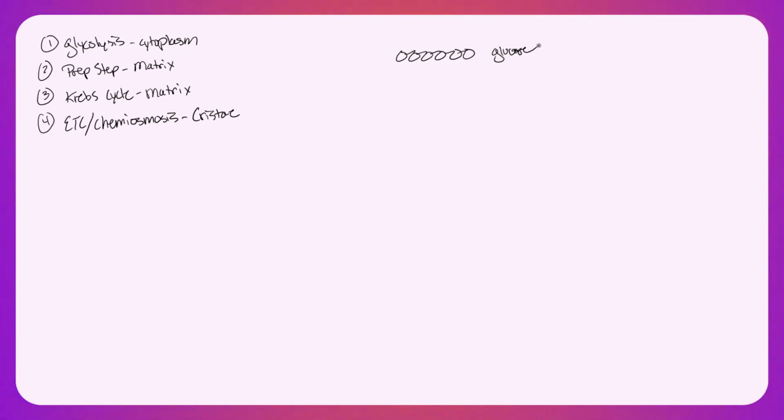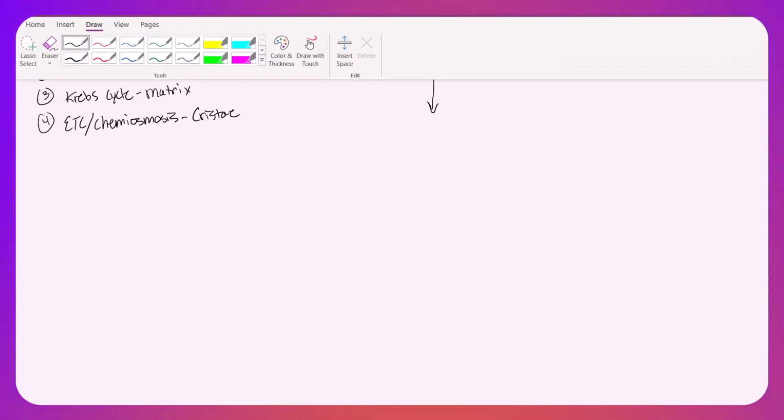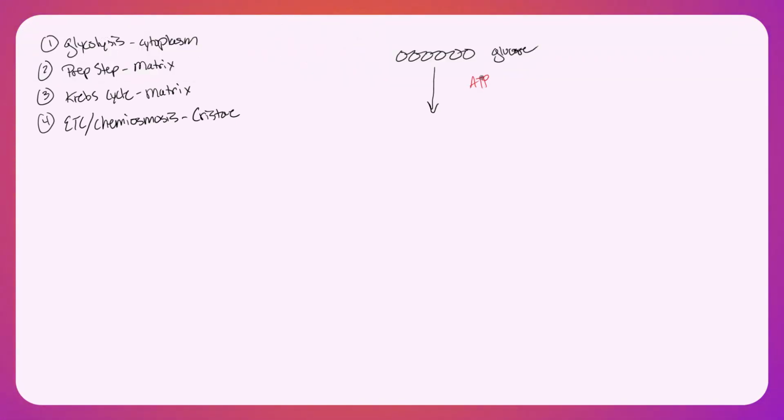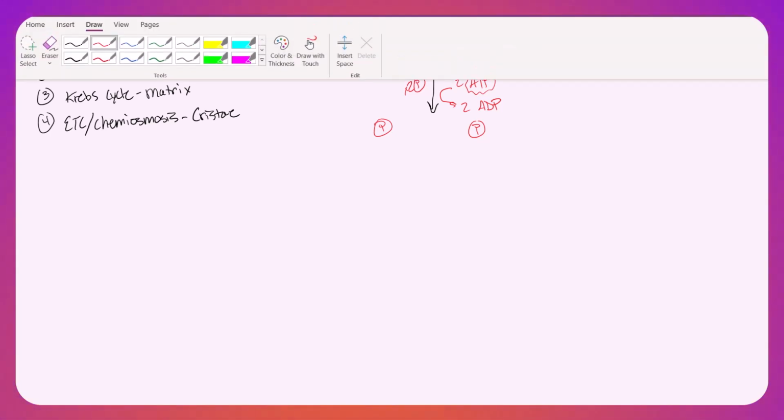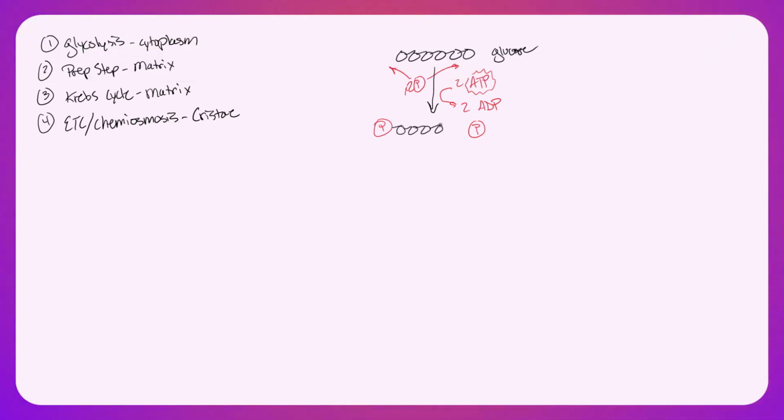And the first of those steps is we have to take glucose and add phosphate to it. And so we add phosphate to it from ATP. So we will bring in 2 molecules of ATP. Those will convert into 2 molecules of ADP. They will add the phosphates from each of the ATPs to the ends of this molecule, and that will leave us with a 6-carbon compound with 2 phosphates added. That molecule is called fructose 1,6-bisphosphate,